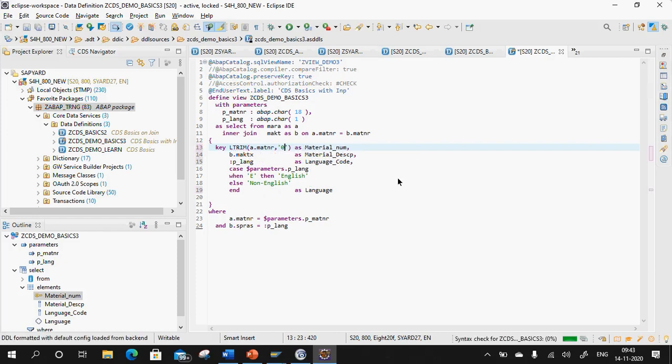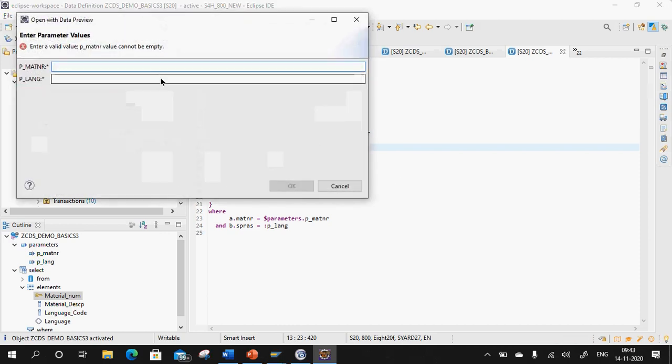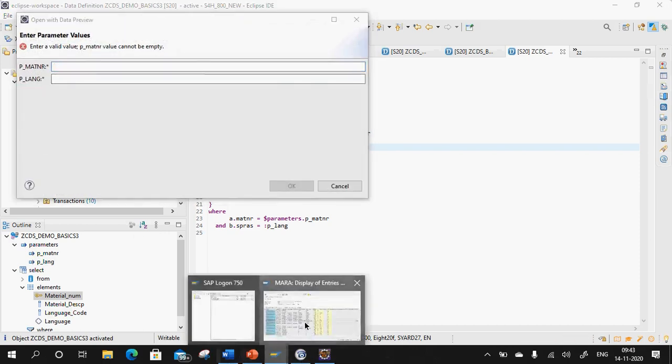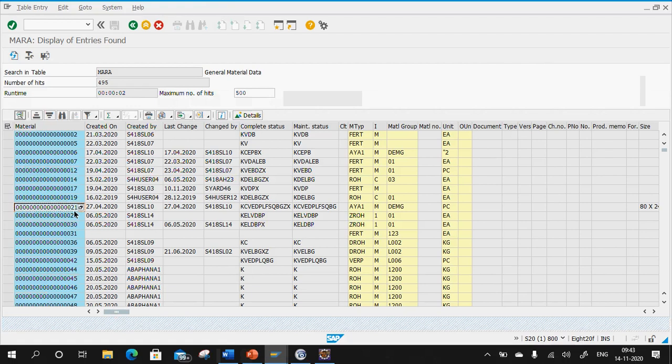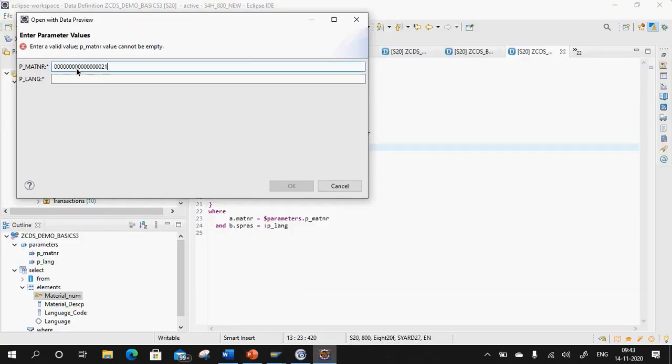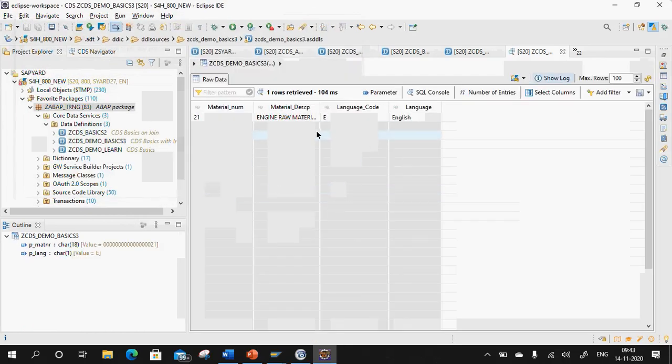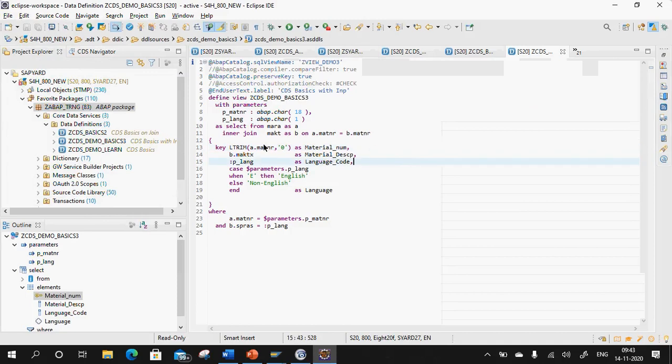So Shift and F1, Control and F3. Now let me show you the output of the same. So I'll do an F8 once it is activated. So let me again capture this value. Okay, can you see here the value got trimmed? So this is what I was telling.